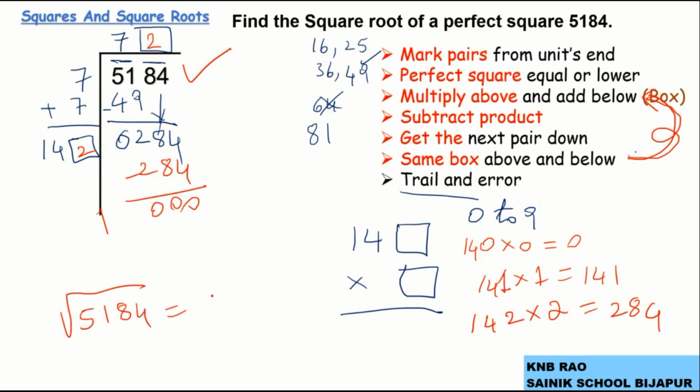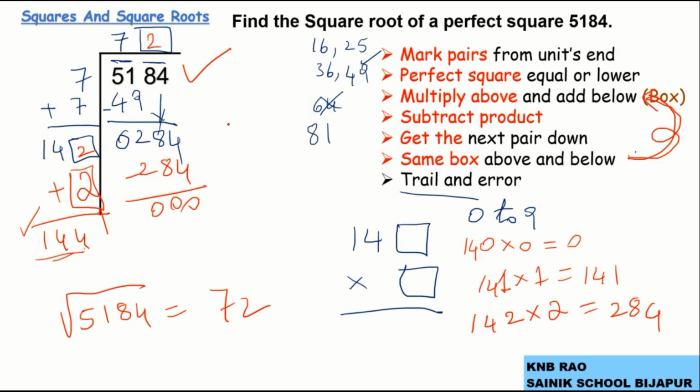the square root of 5184 is 72. And I told you, if I am repeating, the add below comes here, the same box comes here, and addition of this 144, which is double of this quotient 72. For cross checking sake, we can see here. This is how we find the square root of given numbers by long division method.